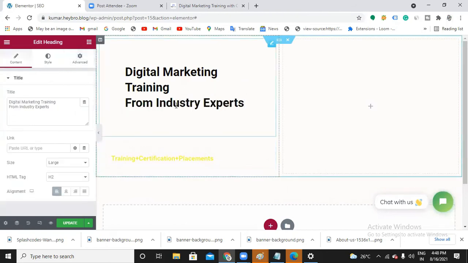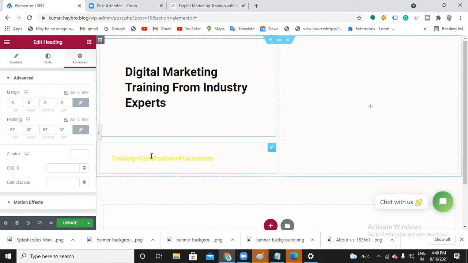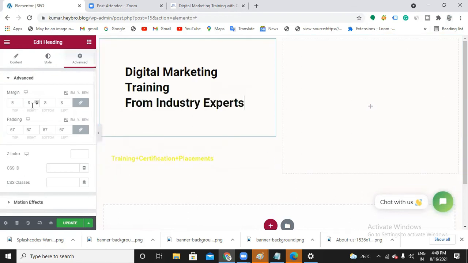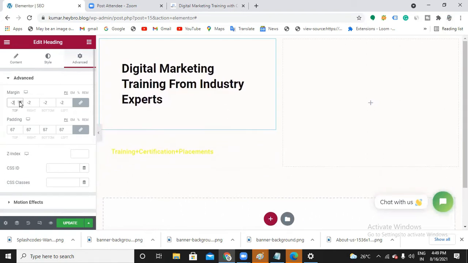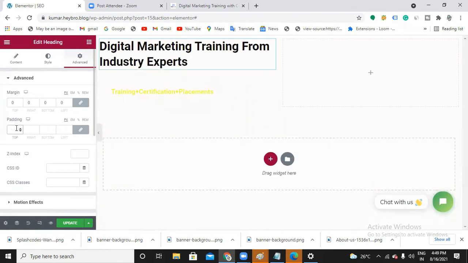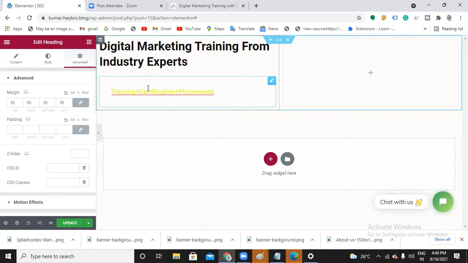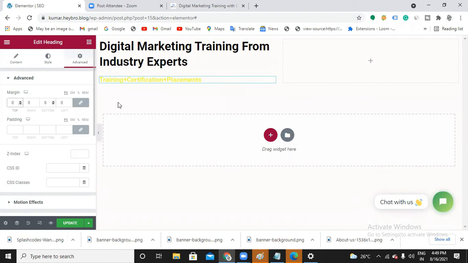As of now, for this text, I have to choose the margin and padding, right? That's the reason it's showing me. So let me put it default like this. This one also default padding. Understood. For this also, I'll go with default. Got it now? Clear? And next, what is next?